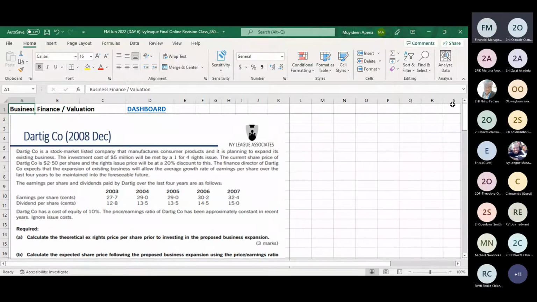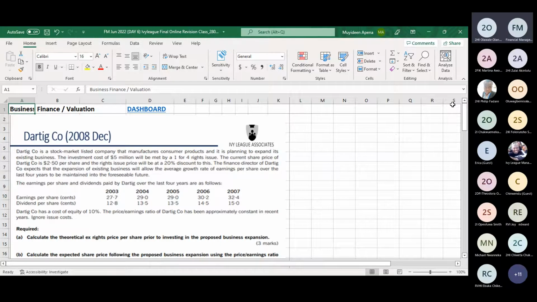The investment cost of $5 million will be met by a 1-for-4 rights issue. So they want to raise $5 million worth. But how they want to do it is 1 new share for every 4 existing shares. The current share price of Datico is $2.50 per share, and the rights issue price will be at a 20% discount to this